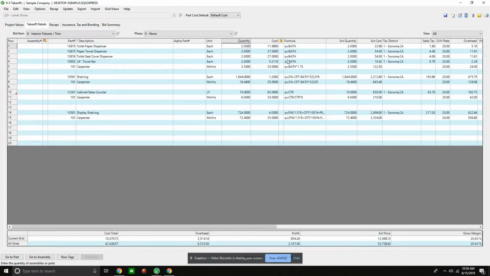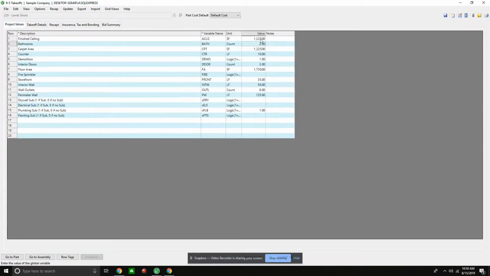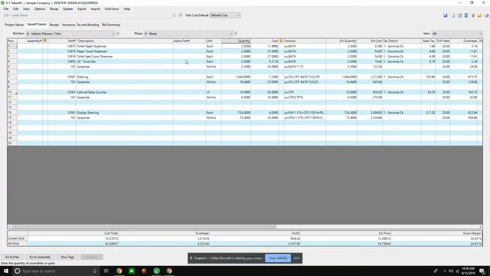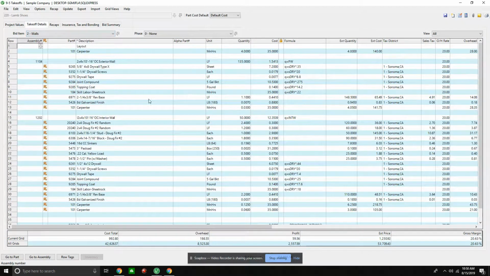Now let's try this out and see how this really affects my takeoff from the projected values tab. So if I were to try to change this to 1 and I go up here and calculate, it changes it back to 2. So instead of me having to go through and try to figure out all of my different quantities, if we go back to my projected values, we see my value is 2. So I can update all of my different values and quantities over here without having to scroll through a long takeoff, looking at these different bid items.